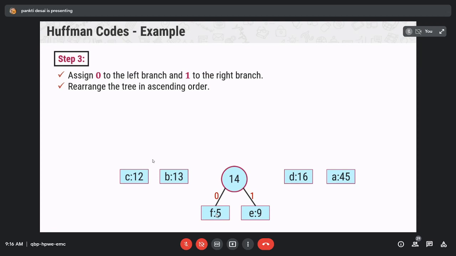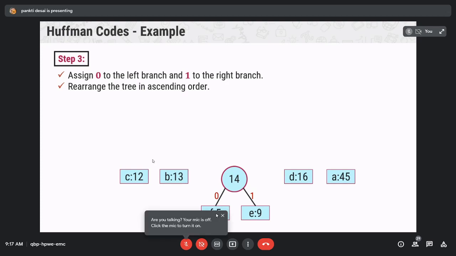So we will encode each of the branches, and encoding should start from top to down. If we follow the left branch, we encode it as a 0, and if we follow the right branch, we encode it as a 1. That's why we assign 0 to the left branch and 1 to the right branch.